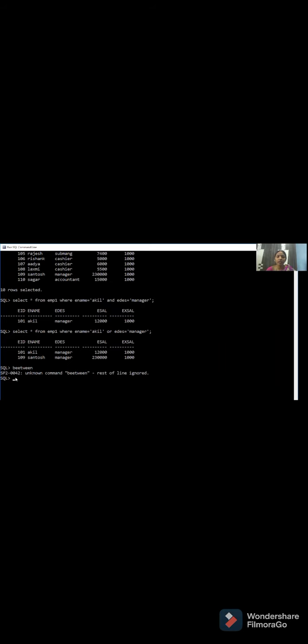Now how do we write the query for the between operator? Select star from employee 1 where, and first you should specify the value you are going to check. I want to check employee ID.